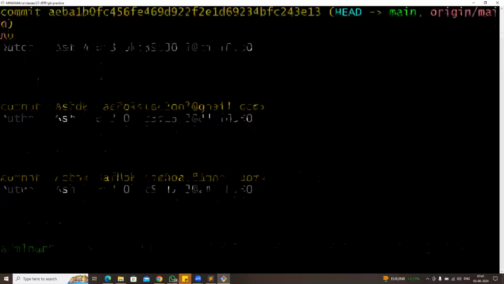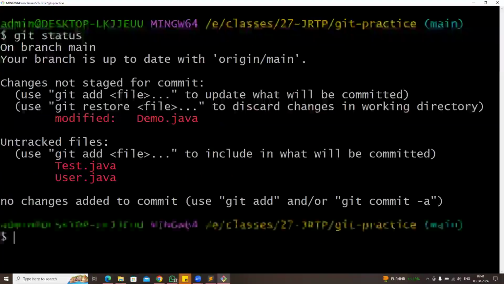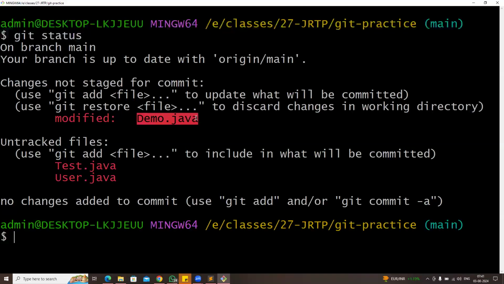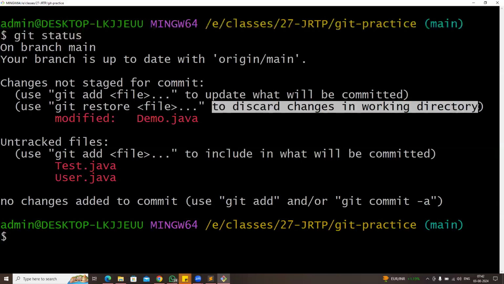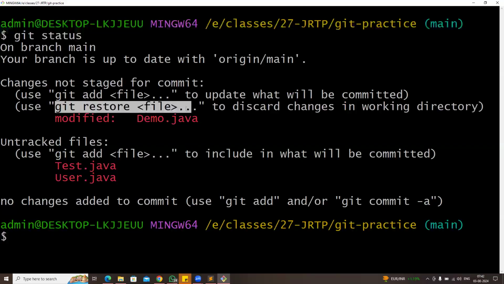Now let me go and check the git status. Now can you see the status of the working tree? One file is in the modified state, two files are added to the staging area. Whatever file you have modified, you can add that file to the staging area by using the add command, or as you made some code changes, if you don't want those changes, you can discard the changes from the file. That means you can use git restore file name. When you use git restore file name, whatever changes you have done to the file will be